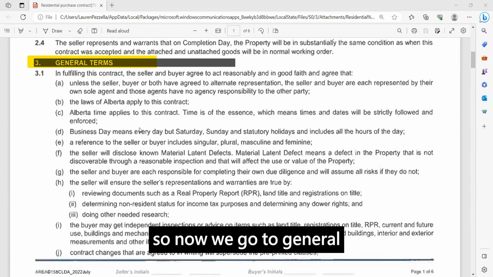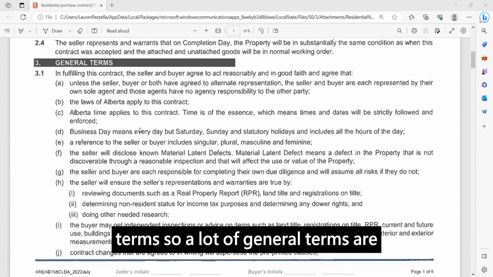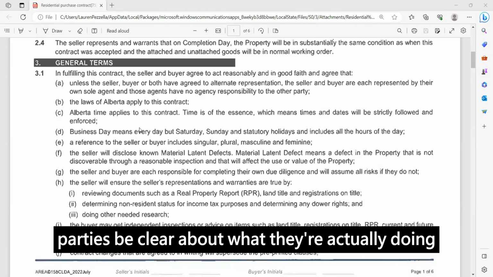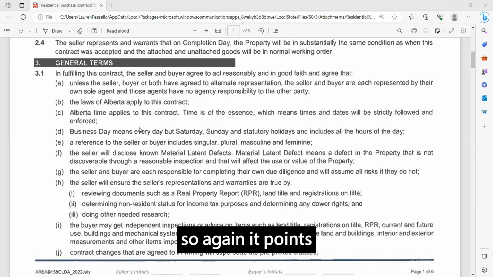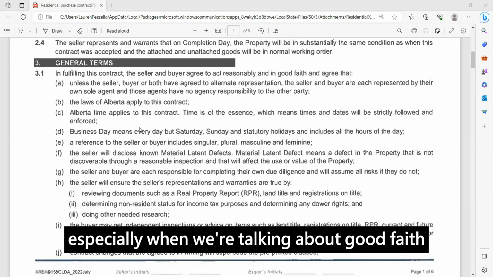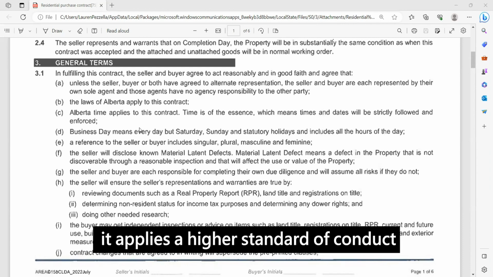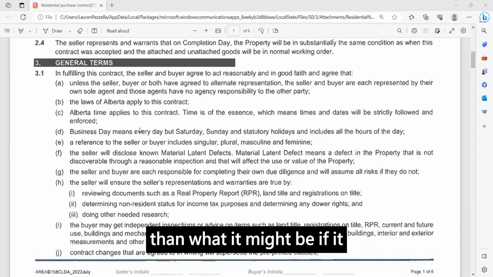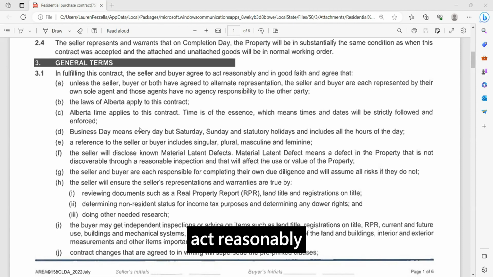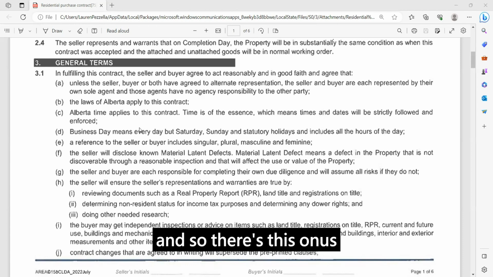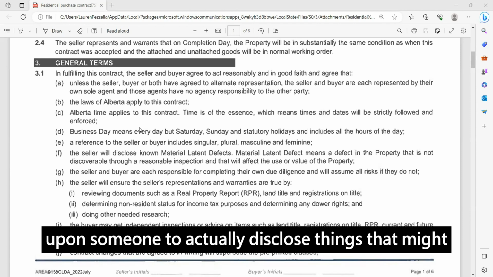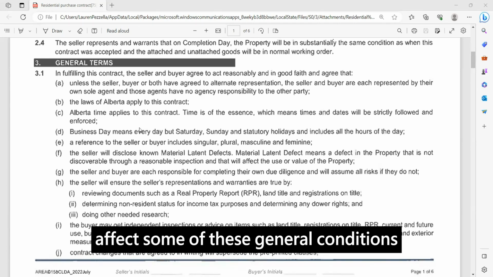So now we go to general terms. A lot of these general terms are to help both parties be clear about what they're actually doing. So again, it points out that seller and buyer agree to act reasonably, and specifically when we're talking about good faith, it applies a higher standard of conduct than if it was just, say, act reasonably. In good faith, you are having to tell the other person honest opinions about certain things. And so there's this onus upon someone to actually disclose things that might affect some of these general conditions under